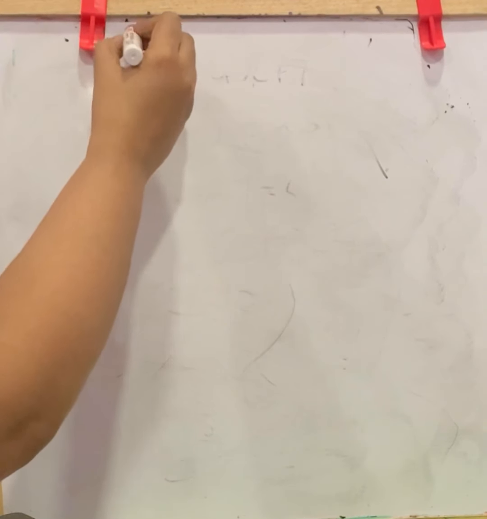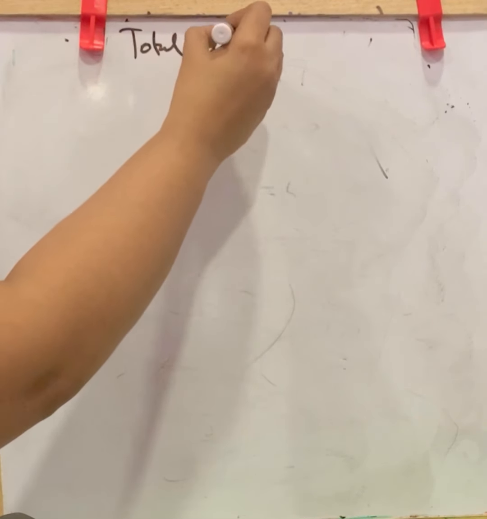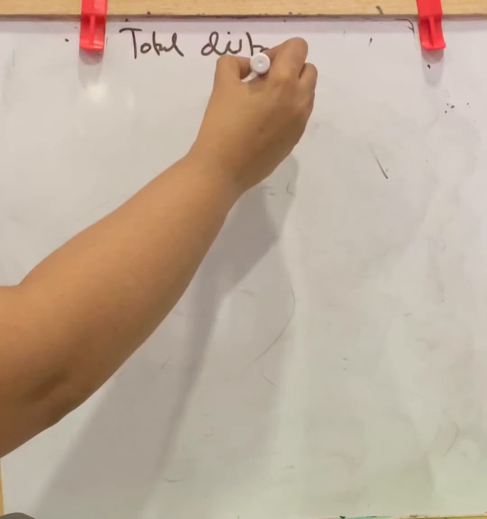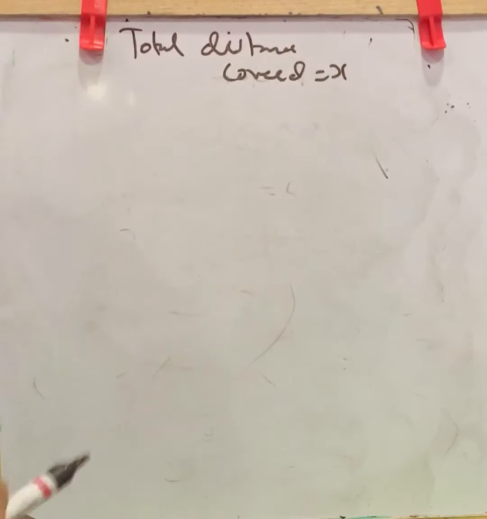Next question. The taxi fare in a city is as follows. For the first kilometer, the fare is rupees 8 and for the subsequent distance, it is rupees 5 per kilometer. Taking the distance covered as x and total fare as y, write a linear equation for the information and draw its graph. So here, the total distance covered is x. It is given in the question. You want to take the distance as x and fare as y.